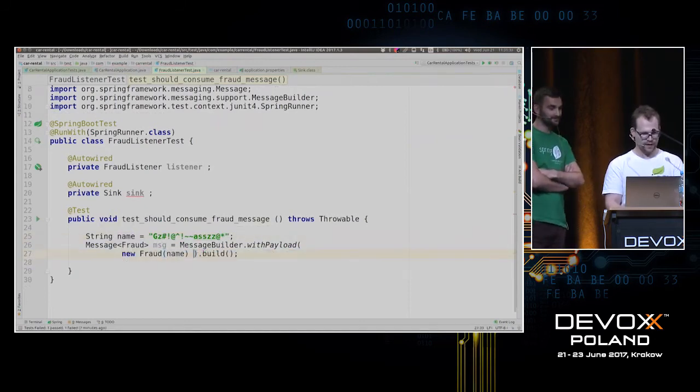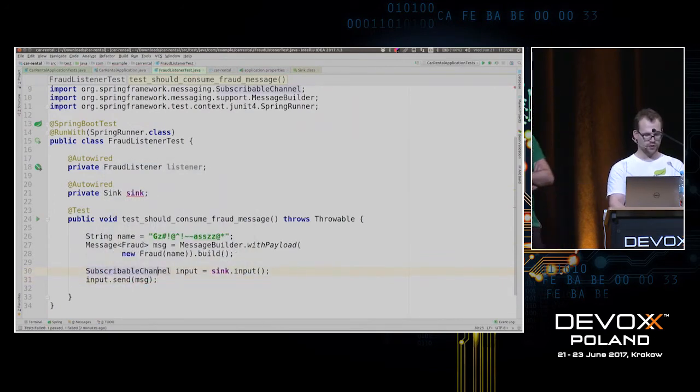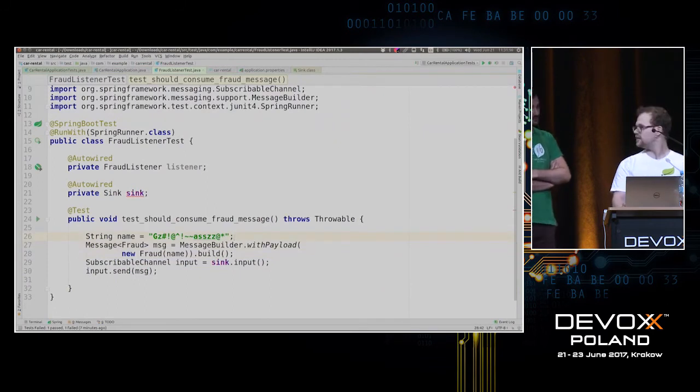So we're going to have a message that we send into the channel. We'll say sync.input, and we're going to create a definition. We dereference that channel and send it into that, so we'll say input.send message. Okay, there's our code. We need to assert the